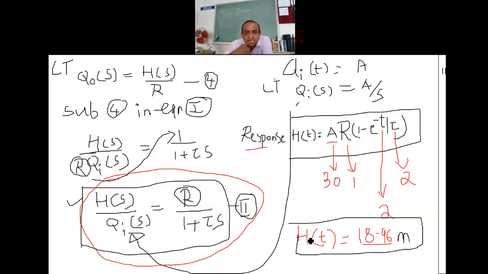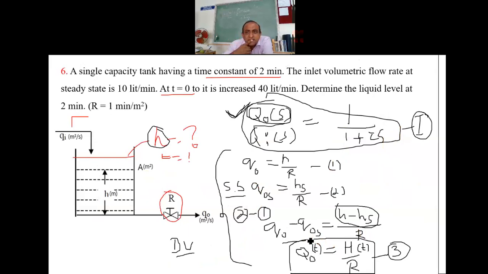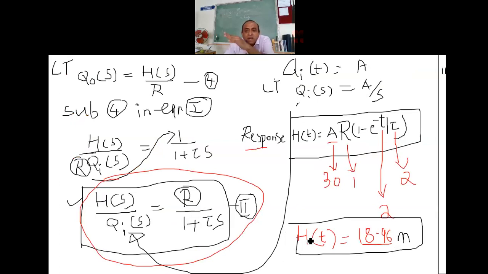Why does the steady state have to be added? Why does it have to be added? Height initially. No. Don't add here, please. Alka, don't add here because the initial steady state height is not given. Alka, yeah, please correct me. Straight away find the height because initial steady state height is not given.